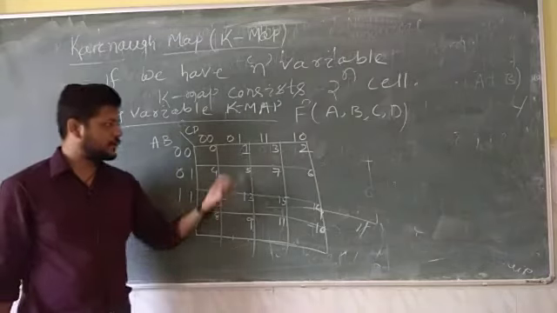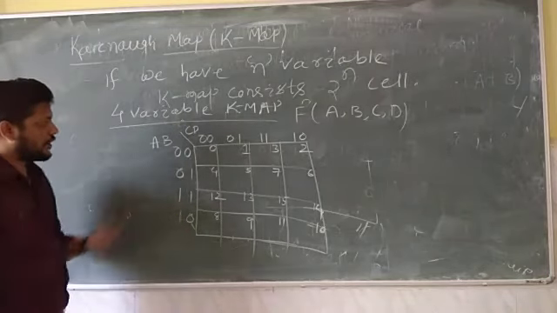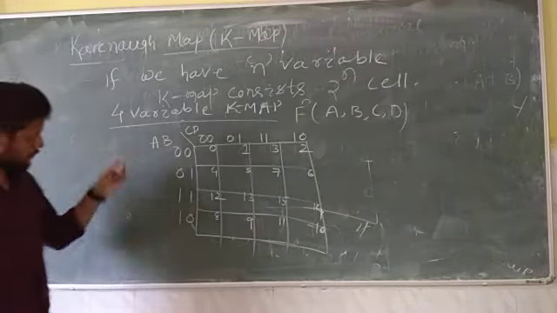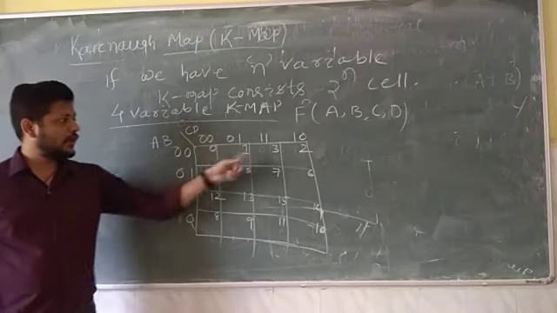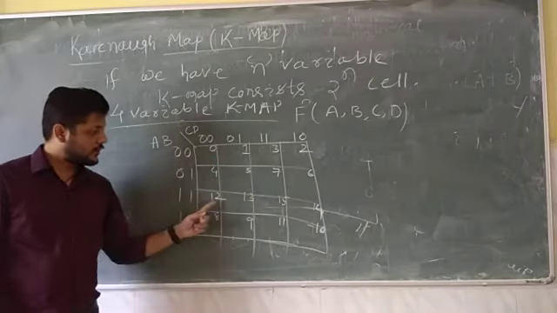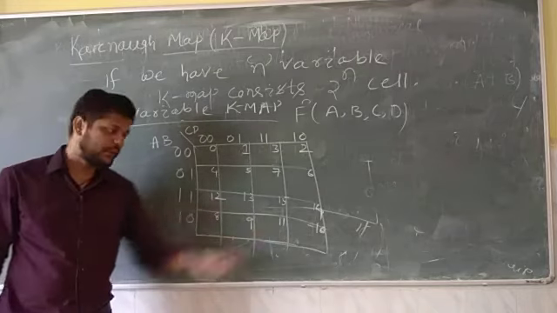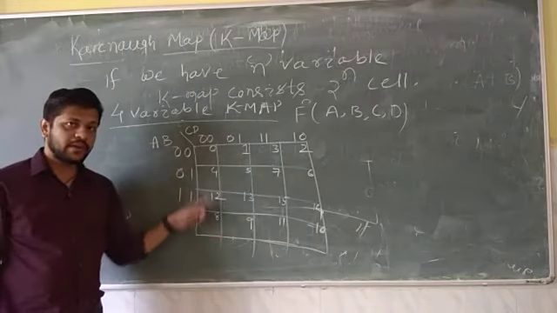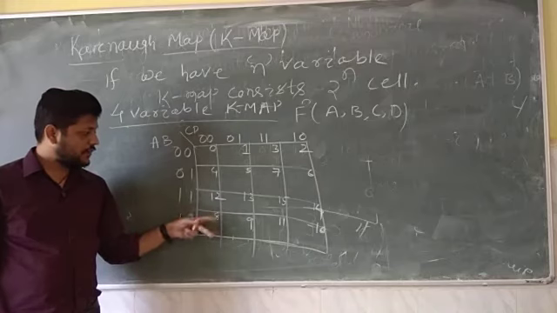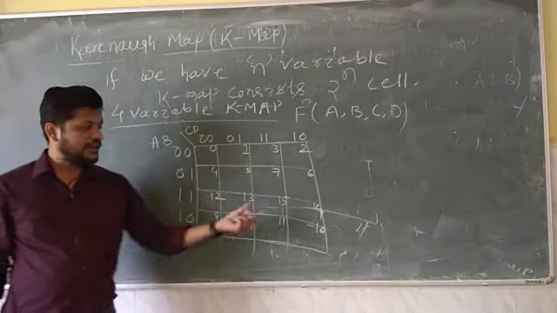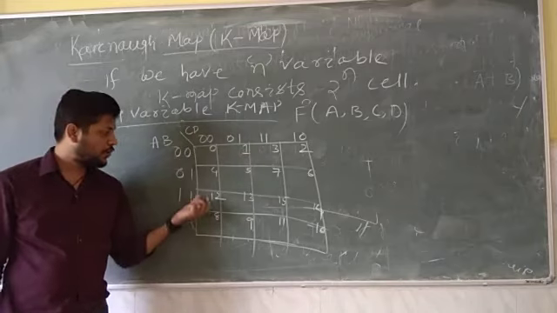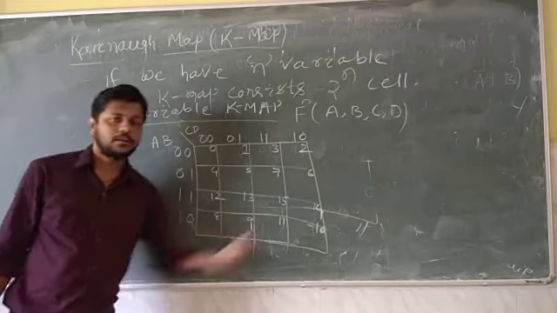So this is the way you can construct a K-map for 4 variables, and this is the way of numbering the cells. 0, 1, 3, 2, then 4, 5, 7, 6, then we have 12, 13, 15, 14. Students generally make a mistake here. They directly write 8, 9, 11, 10. But 8, 9, 11, 10 is the last row. The third row consists of 12, 13, 15 and 14.